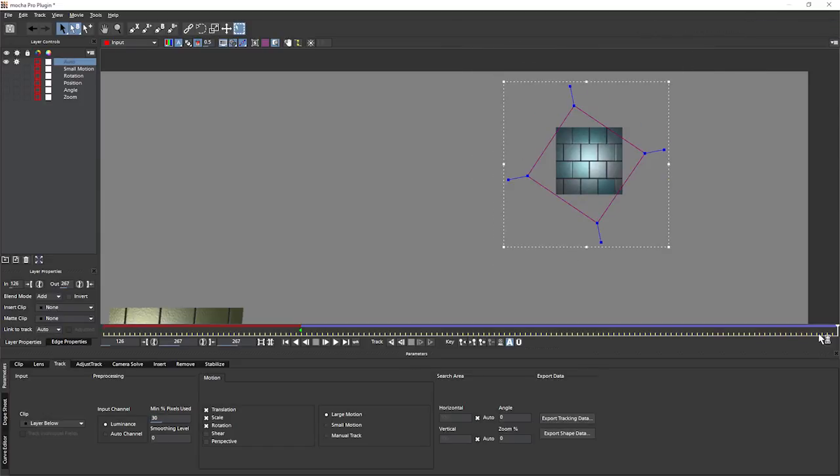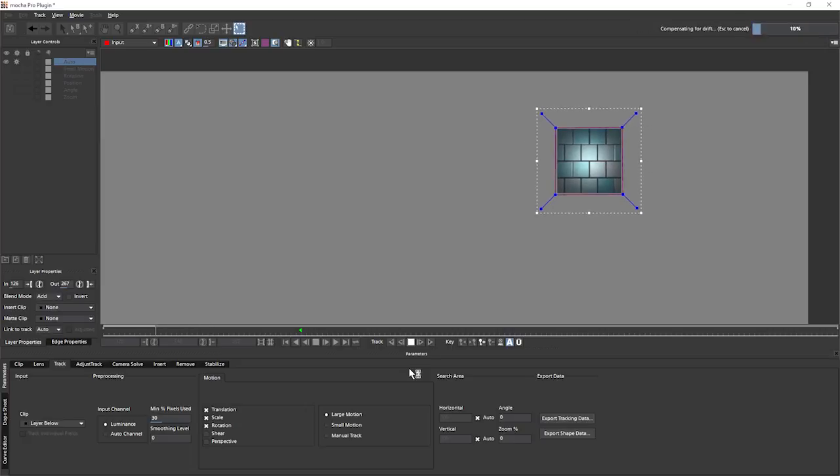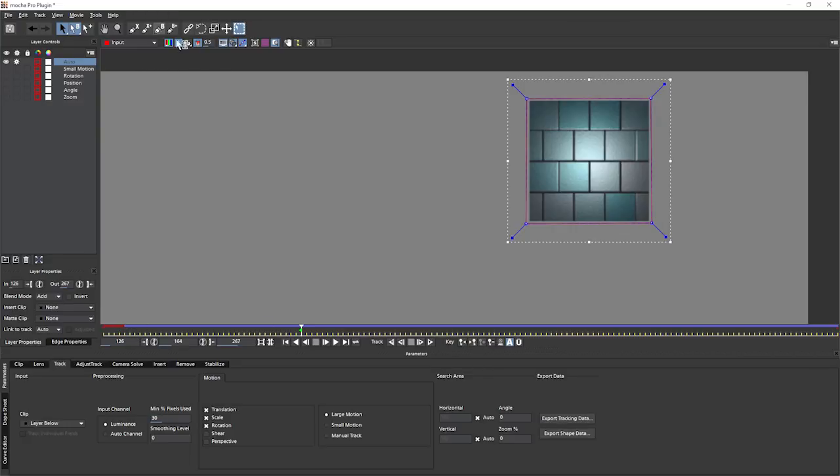Okay, well, that's pretty good-ish. Let's have a little look, track that backwards again. And tracking prematurely terminated, because as we go further back, it's going to get a little bit too small for us. All right, let's pop to our keyframe here and just quickly open up our surface here. So they're pretty much on the corner points,